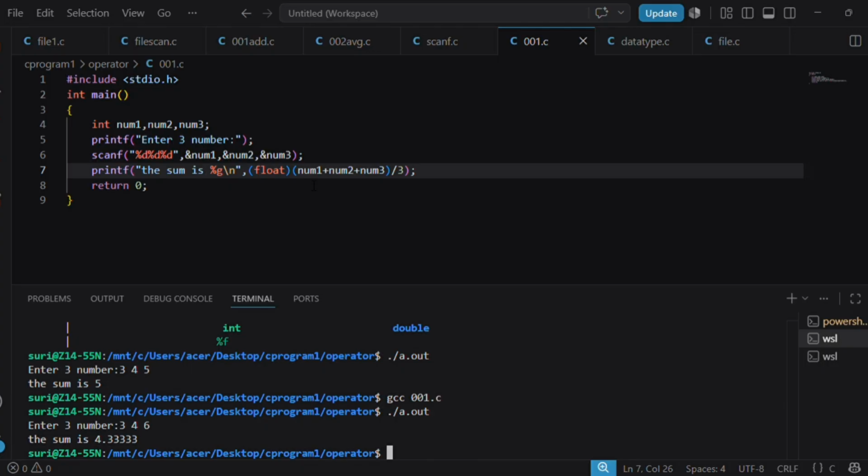So int is greater than char, float is greater than int, and double is greater than float. So here, since it is float, the compiler itself automatically converts this 3 into float. So this is how we can change this. Demotion is nothing but the reverse, vice versa, high to low. Promotion is what you mostly see. Demotion, for example: